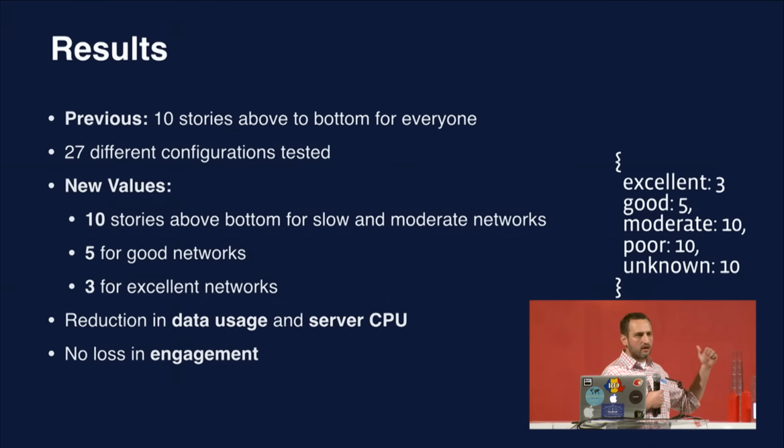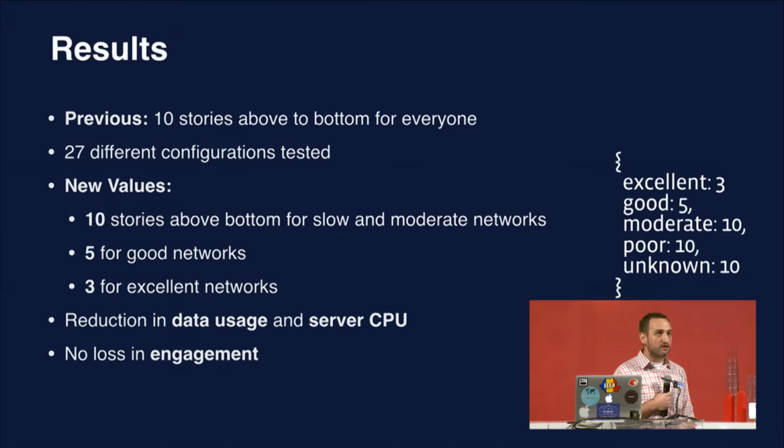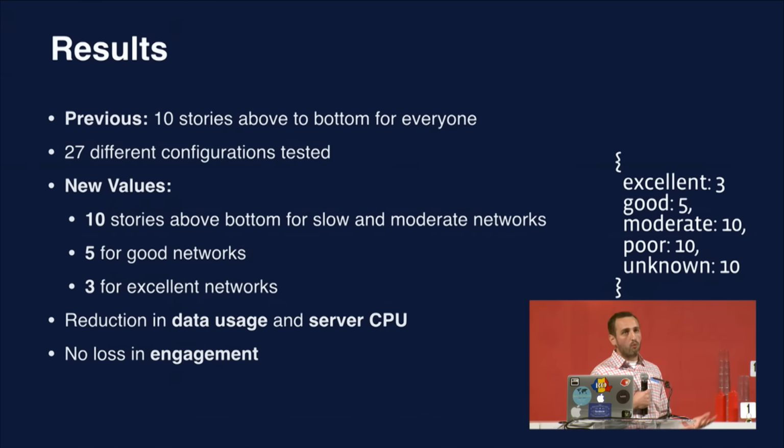We saw 57% of users were on Wi-Fi. So 57% of users, or some percentage of that 57%, used to prefetch relatively aggressively when they didn't need to. So we were able to drastically reduce server CPU, which costs money, without actually hurting engagement. No one saw any more spinners. Probably no one noticed. So now we have one set of values, but instead of 10,